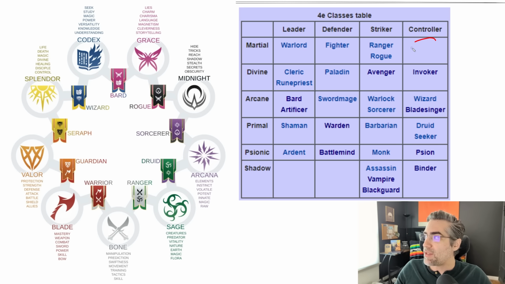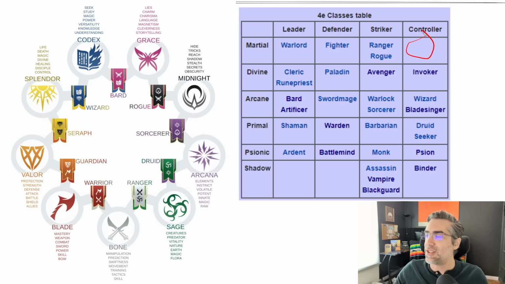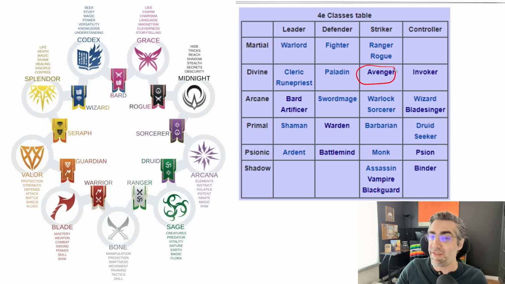And I remember back in the day, the martial controller was this big question mark, and they didn't release an official one. But one of the common ways people would homebrew this is some sort of trap setter or scout-like character that's setting up mines and traps and things, or has ropes and other tools to interfere with people. But this was very cool, and we can actually see some of the legacy of this in D&D 5th edition and 5.5. For example, the Divine Striker, called the Avenger,